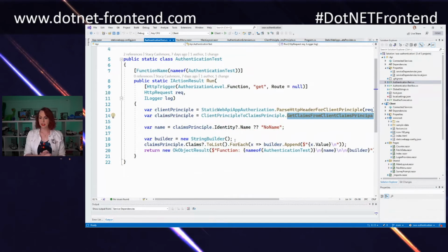Exactly the same as we do on the front end, we can now use it inside of our function. And in this demo, all I'm literally doing is just stripping out what's inside of that claims principal, returning it to the front end, just so we can see what's happening. If you want to stop people doing things inside of this API, you can do that here using the roles, because you can still check somebody has the right role. Are they an admin? If not, you can return an unauthorized. But there's a better way of doing it for the API,